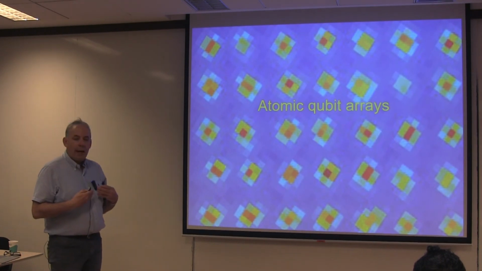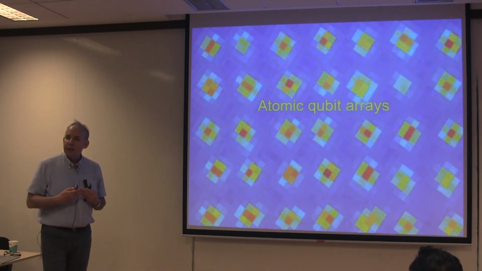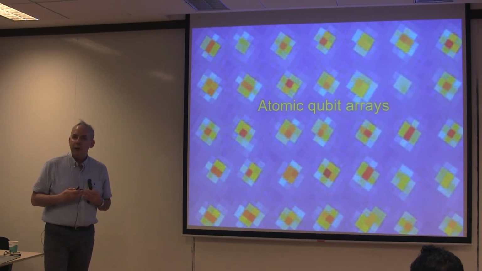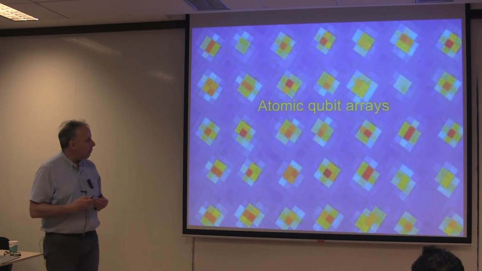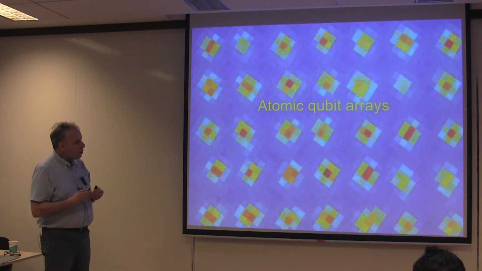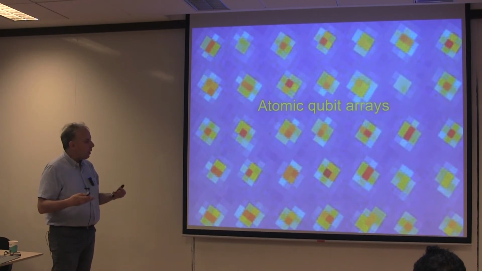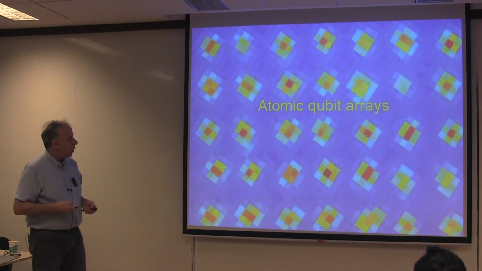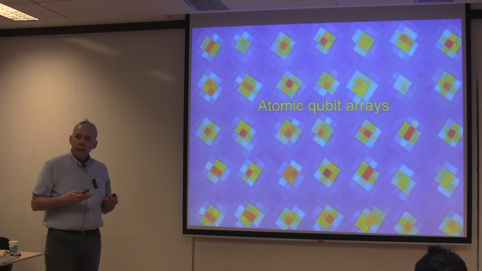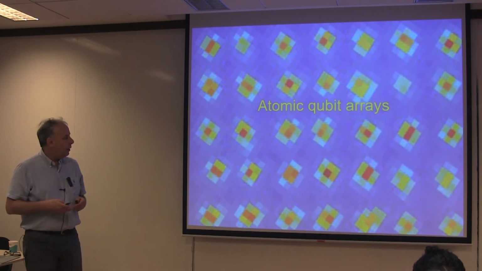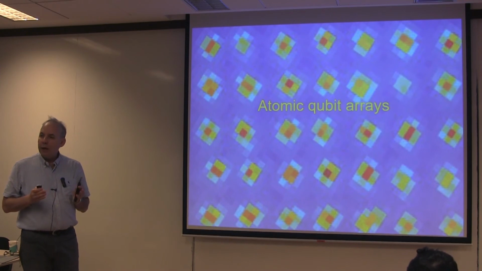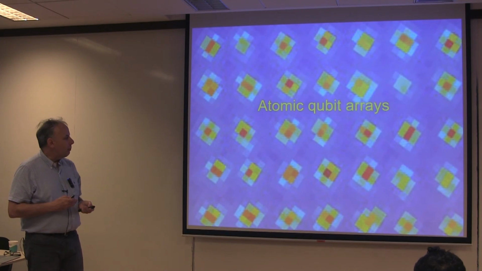Let me step back a little bit and look at this in the context of quantum information and how it compares to other approaches and where the field is. So with neutral atoms, we have this potential for putting a lot of qubits together in a relatively small system and trying to use that for computation. And this is really an exciting time in the area of quantum computation simply because we truly are right at the threshold of getting beyond classical in our capabilities.